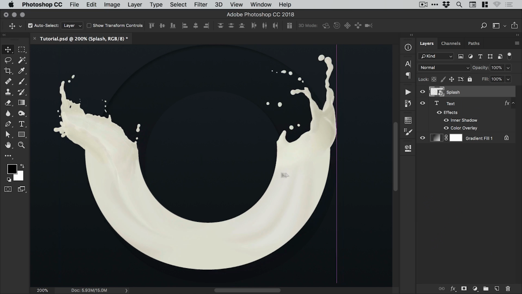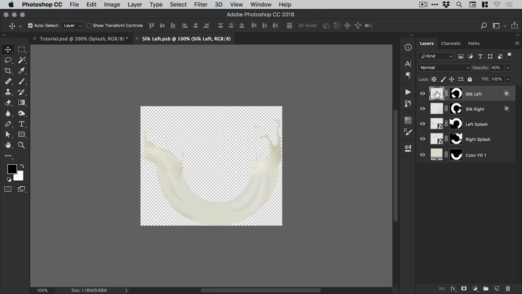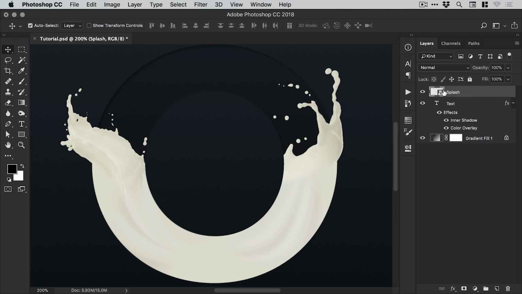And you might be thinking, well, that is one layer now, Dan. You've just merged all of those together. Remember, smart objects are incredibly useful, so we can double click the thumbnail for our smart object and it takes us inside of it. All of this is still fully editable. What it does is it just packages it nicely inside one layer. So this is great for keeping your layers organized when you have 100,000 layers, but also it means